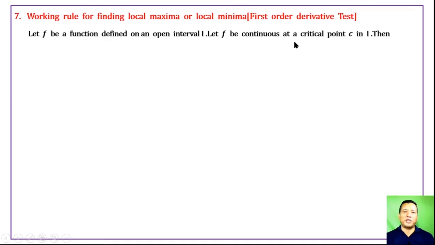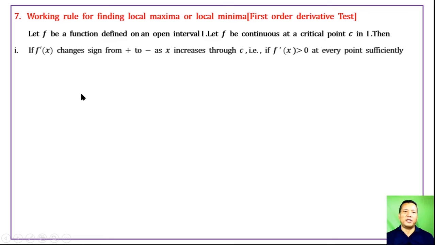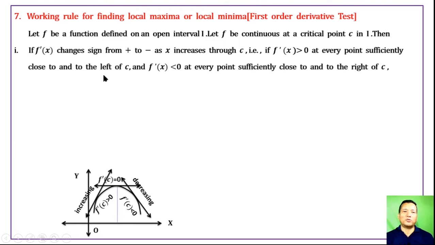Let f be continuous at a critical point C in I. Then if f dash x changes sign from positive to negative as x increases through C, that is, if f dash x is greater than 0 at every point sufficiently close to and to the left of C,